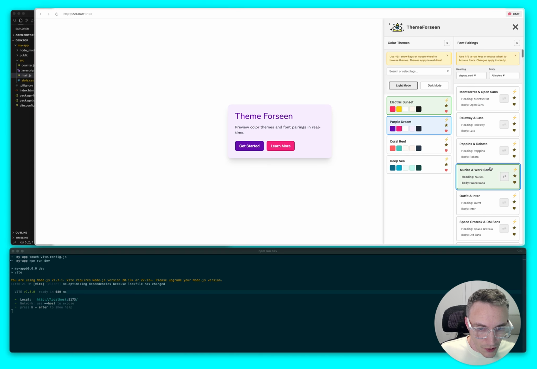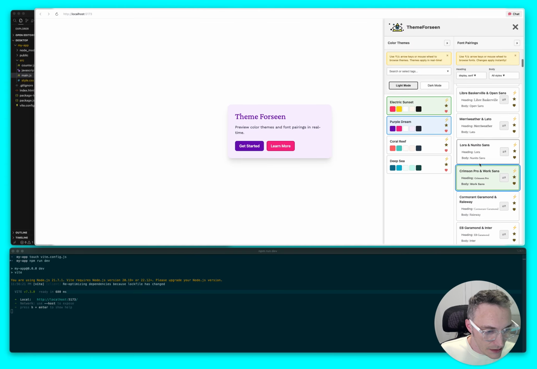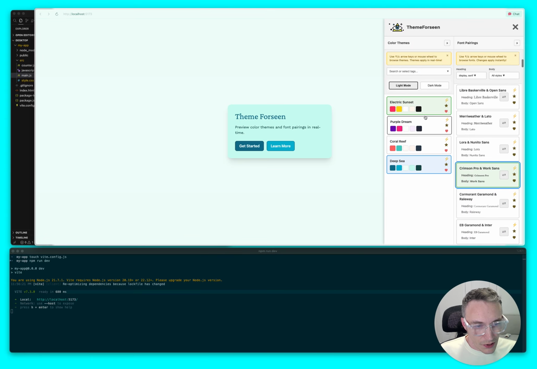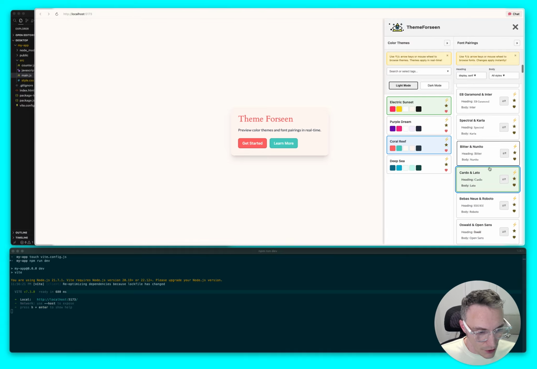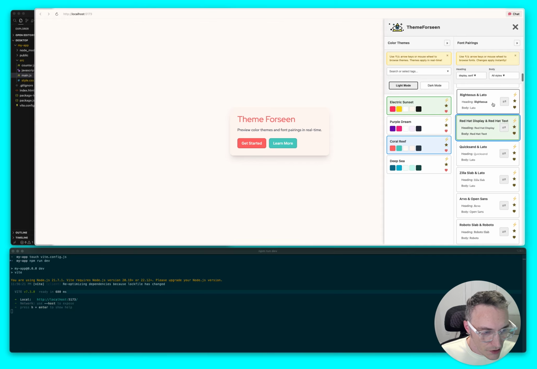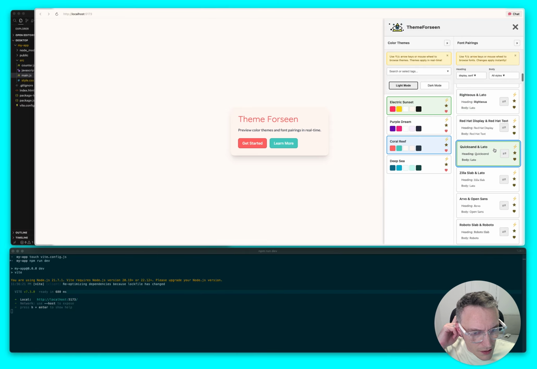So the fonts are working here, and yeah, you can see, pretty quickly you could find a palette that's nice, matches whatever site and brand you're working on. Same with the fonts, these are Google fonts, and I believe it's cdnfont.com. There are about 50 font pairings. Some are very clean,